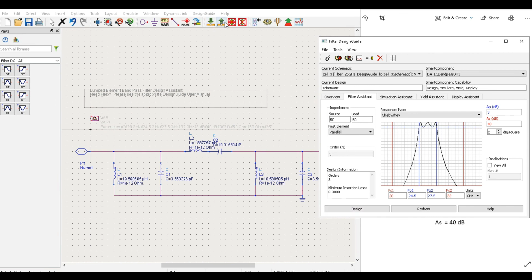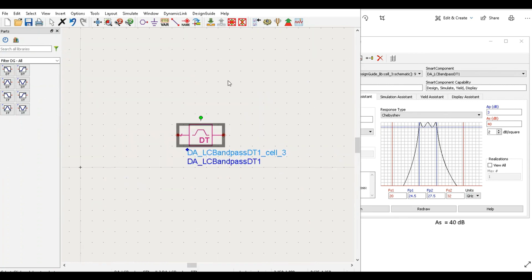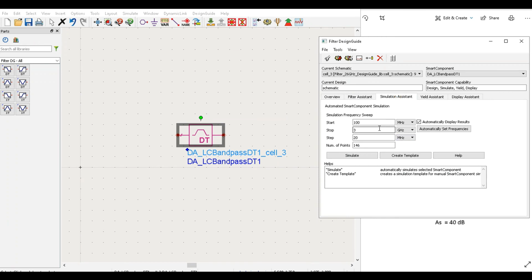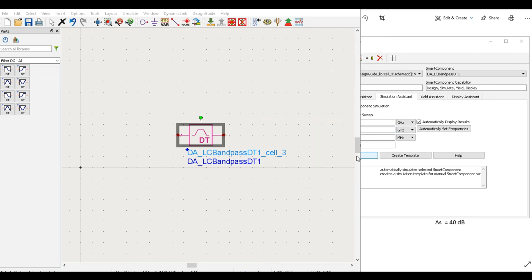So have we done that now? We can now do a simulation, and we go here. We have filter assistant. The next one is simulation assistant. We click on this, then we change our values here again, and I start from like 15, because we are basically operating the 25, 26, 27 gigahertz branch. So say from 15 to 35, and this is okay, and this one is okay. And when we click on simulate,